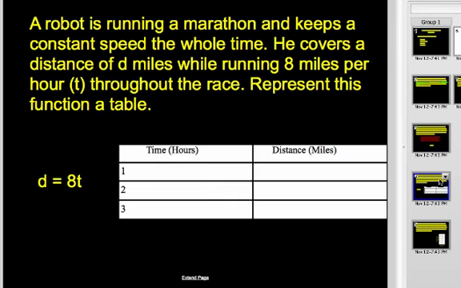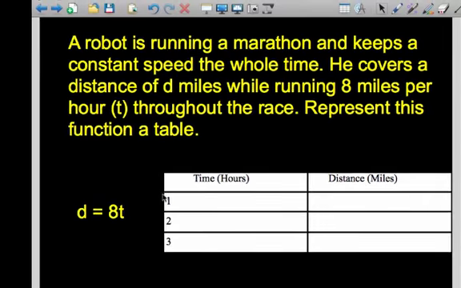Alright, now we're going to represent it using a function table. So again, we have this equation here, d equals 8 times t, and we're saying that time is the variable t. So if we have 1 hour,